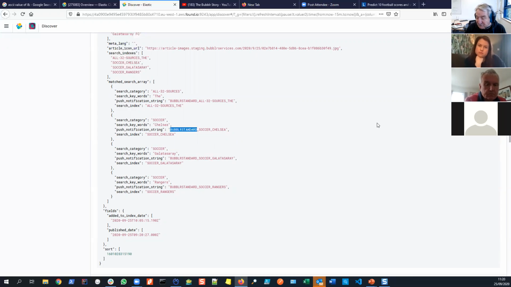I really don't want Fox News to be sent out for my apps. So rather than do a separate set of block feeds for every influencer, we bunch them together into profiles because most of them are going to be similar. So Bubbler standard is usual. Nearly all of them are Bubbler standard.